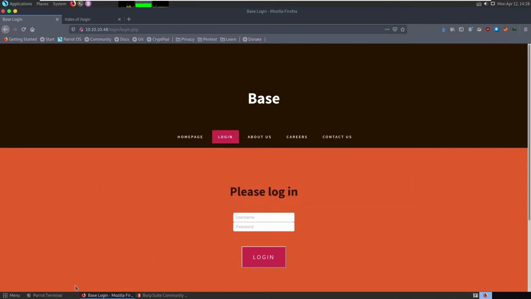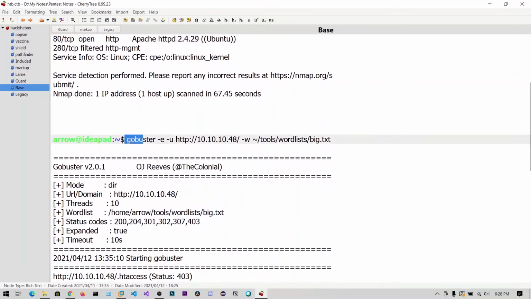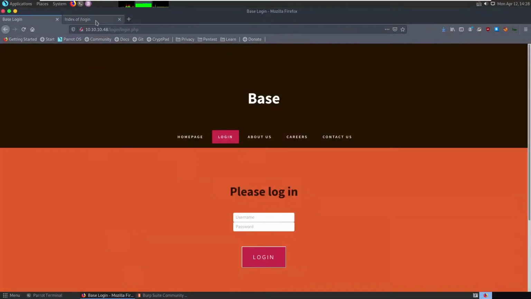Before seeing this, I had run the GoBuster scan. You can see here I have used big.txt, and we have the directories htaccess, htpasswd, and you can see there is an underscore uploaded. So now let's go to this directory.